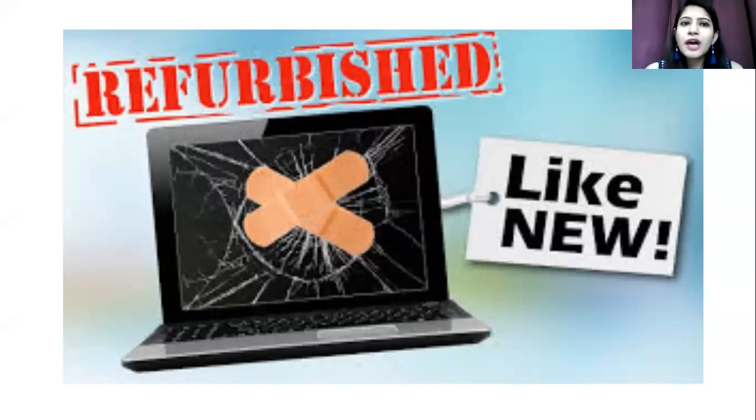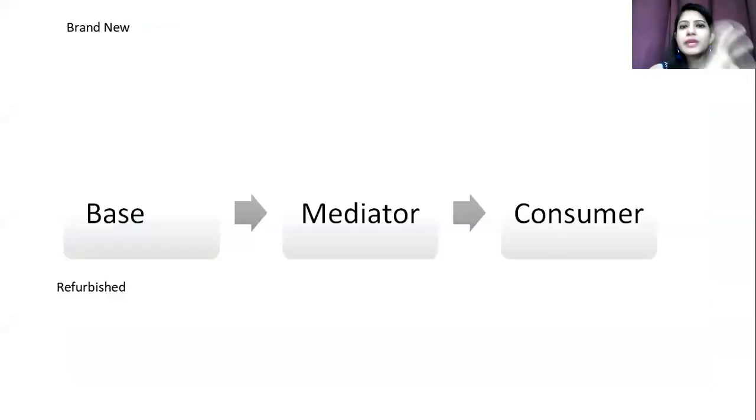When we talk about pathway, there is a base, there is a mediator, then there is a consumer. You have these three things. Base is always where we get that product from. The sole owner or the pre-owner or the company, anything could be the base. Now it depends from where that product is being distributed out. So that is the base.